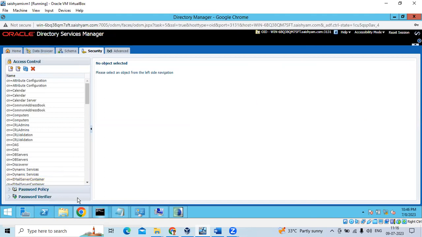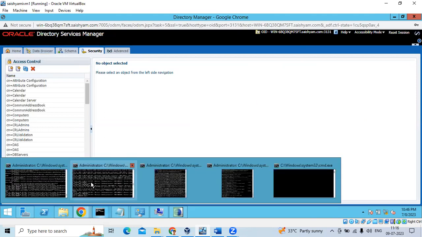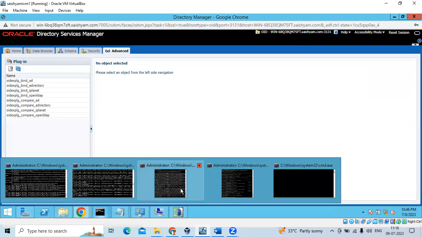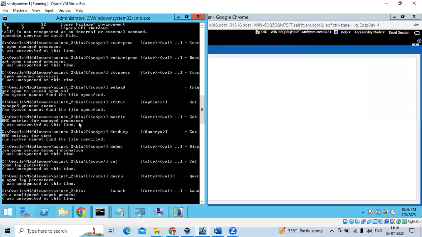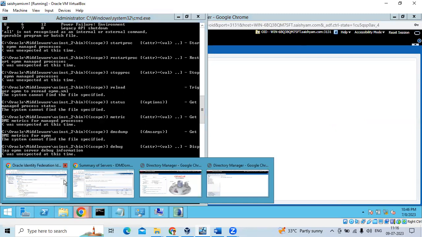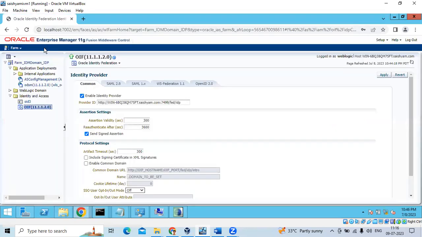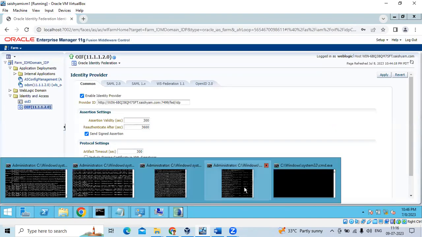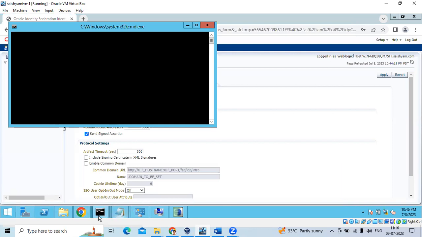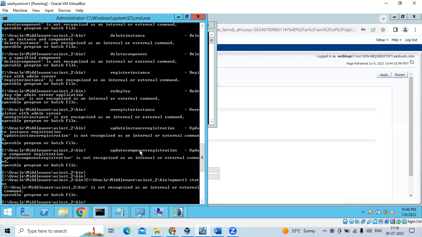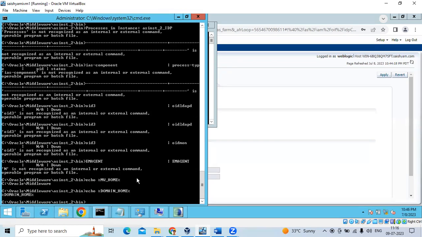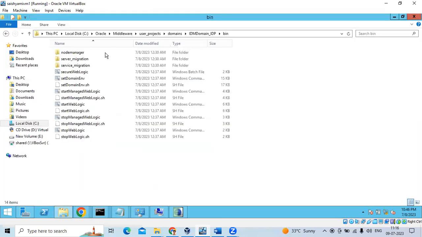And one other thing, which I observed just right before I recorded this video: my OID component was showing down, even though everything was appearing green in the Identity Federation console. So what I did was, I just came to this window here, the opmnctl command. Let me show that here real quick. With that, we can conclude this video also. So you have to come to this